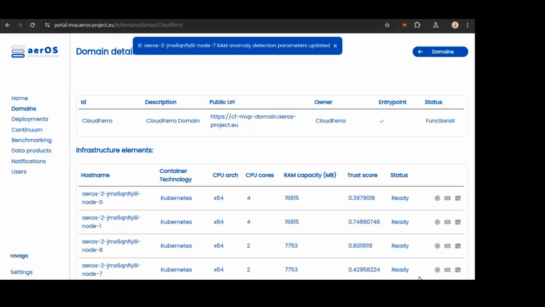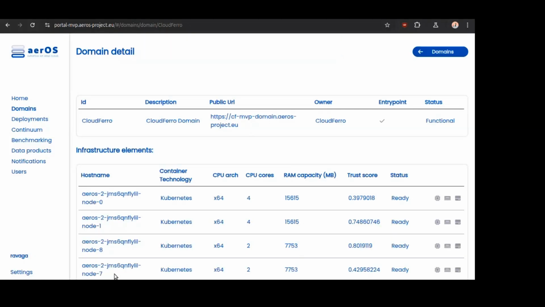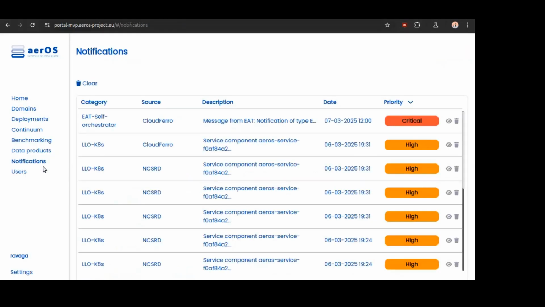Okay. Now, through the Self API, we have changed the values related with the CPU and with the RAM anomalies in node 7, and we can see the test